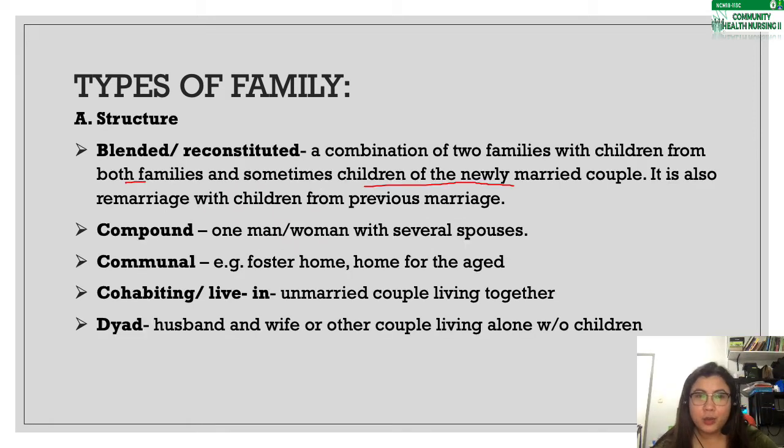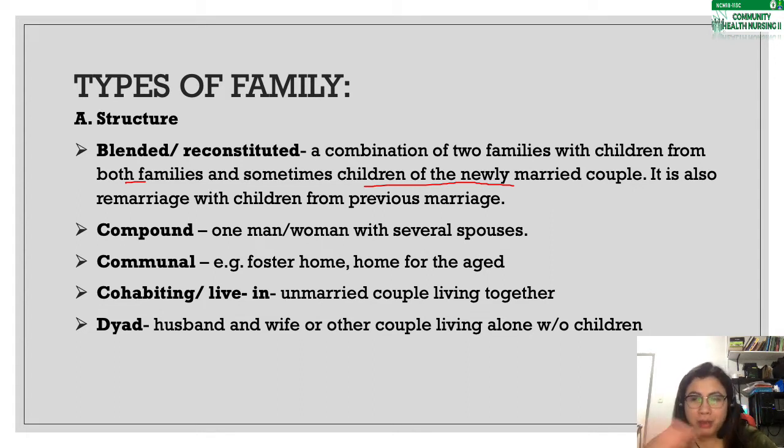Now, we have what is called the blended or reconstituted family. The blended or reconstituted family is a combination of two families with children from both families and sometimes children of the newly married couple. It is also a remarriage with children from the previous marriage. Okay, for example,